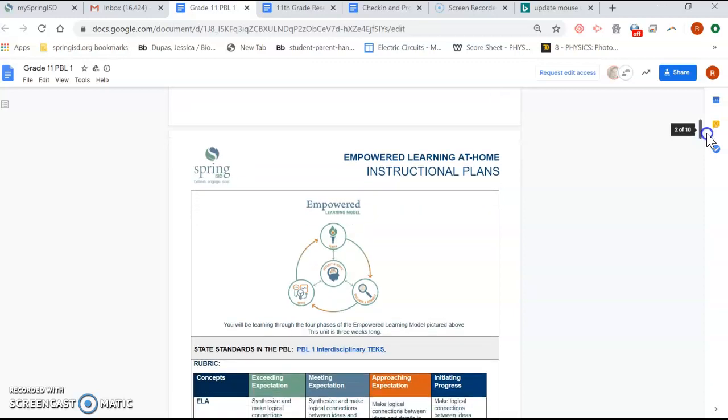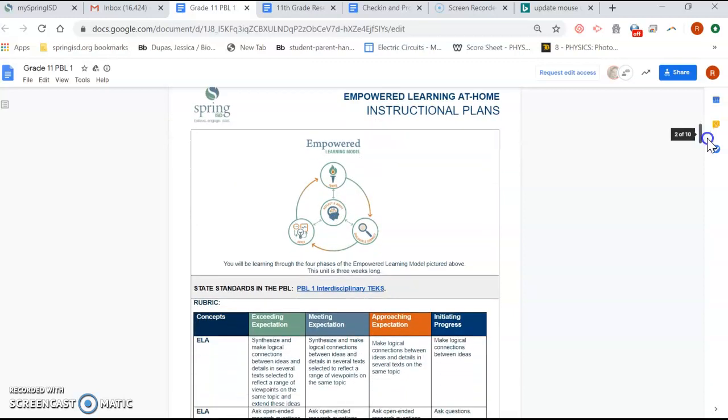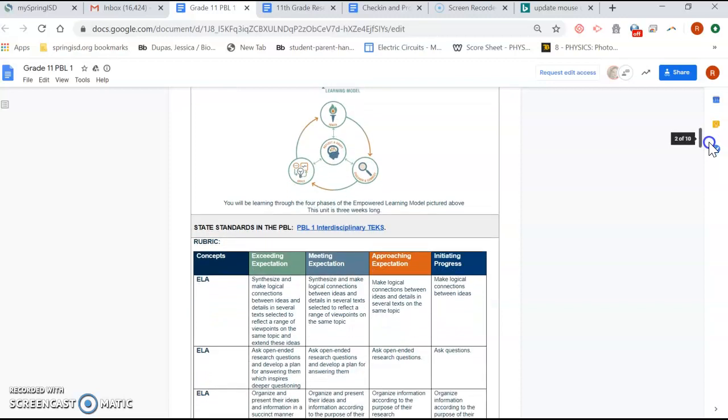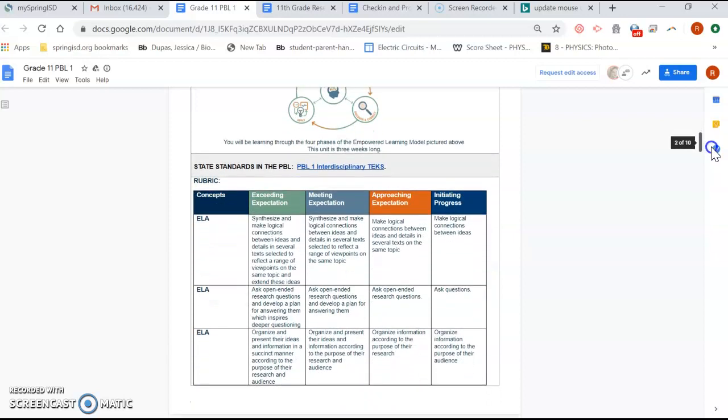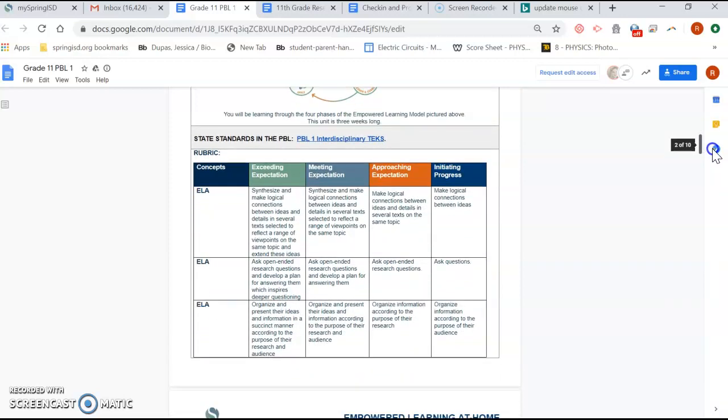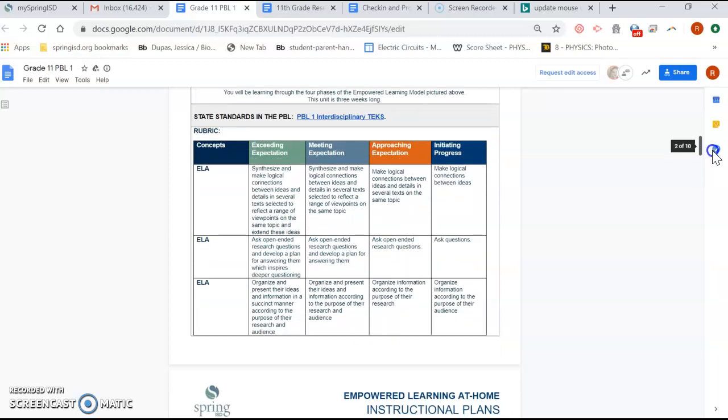the instructional plan. So this is the model. As you know, if you have me as a teacher, I really like rubrics because it's easy for you to understand how we're going to be grading you. Since you only have these two assignments this week and every week, you are going to be expected to perform at a high level. This is how we're going to be grading you. So you can kind of look through this and determine how your grade would be.